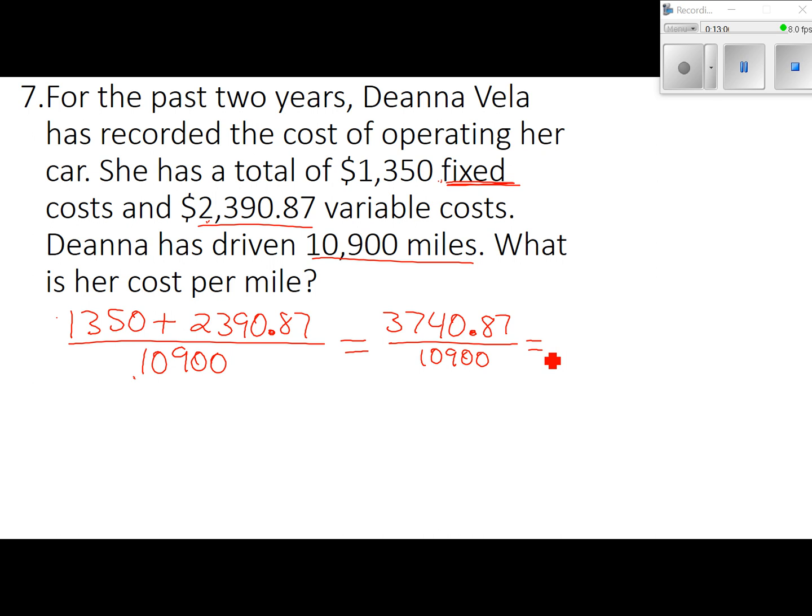So divided by 10,900, and I end up with about 0.34. And what we're saying there is that it cost about 34 cents per mile to drive her car. And I know that doesn't seem like a lot, but if you think about